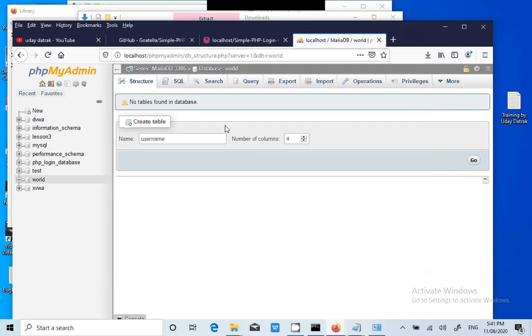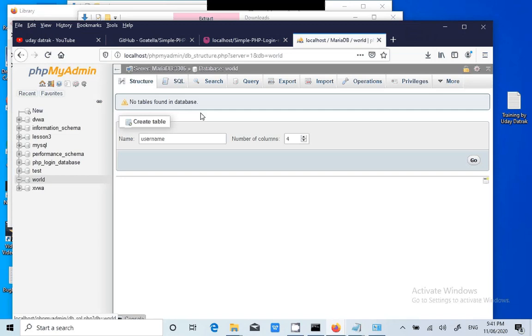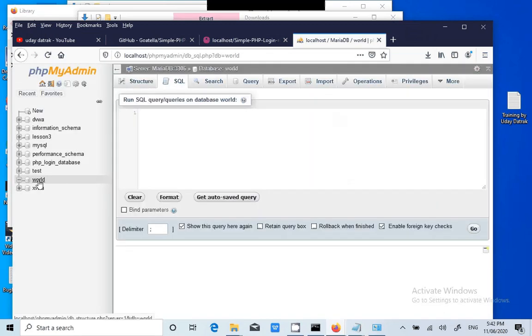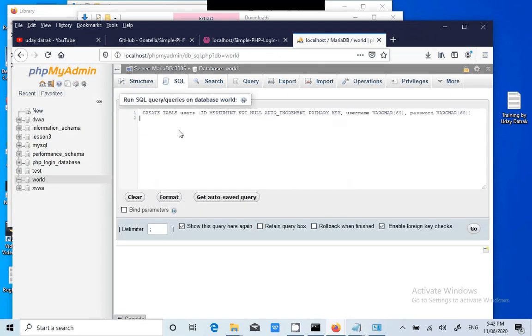Instead of executing a query myself, cancel, sorry. I'll select world and then go to SQL. I'll execute this query. This query is used to create a table with 3 columns: ID, username, password. Click go.